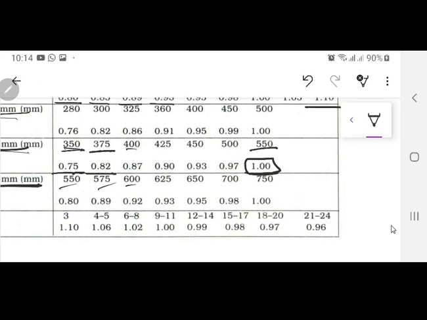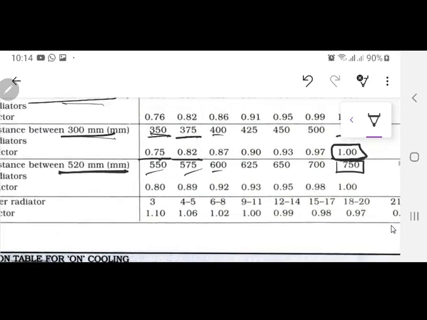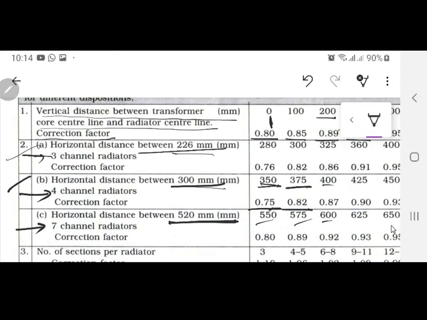सेम गोज ऑन फॉर ऑल दिस स्टफ. अगर ये थोड़ा सा रेडिएटर बड़ा है, इससे 750 है. ये रेडिएटर थोड़ा और बड़ा है, ओवर हेयर सॉरी दिस इज 550, इसमें 1 है, यहाँ 500 है, तो यहाँ पे 1. So when you are using any of these 3, you have to decide what is the horizontal distance. ये ट्रांसफार्मर का एक पूरा टैंक है, एक रेडिएटर में यहाँ लगाता हूँ, अगला रेडिएटर में यहाँ लगाता हूँ, इन दोनों के दरमियान में फासला कितना है? This is actually that distance over here in between the two radiators.